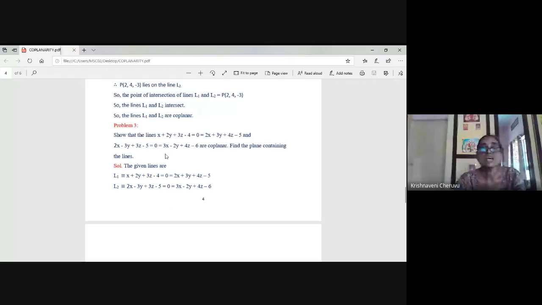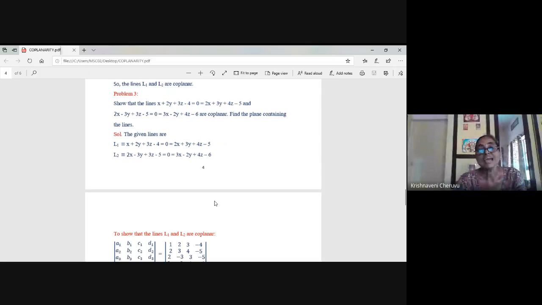Okay, now see here, two lines are given and both the lines are unsymmetric. The question is, you have to show that these two lines are coplanar, and he asked you to find out on which plane they are lying. Means you have to find out the plane containing both these lines. Means on which plane these two lines are lying. Okay, so I took note of the first line, the second line.